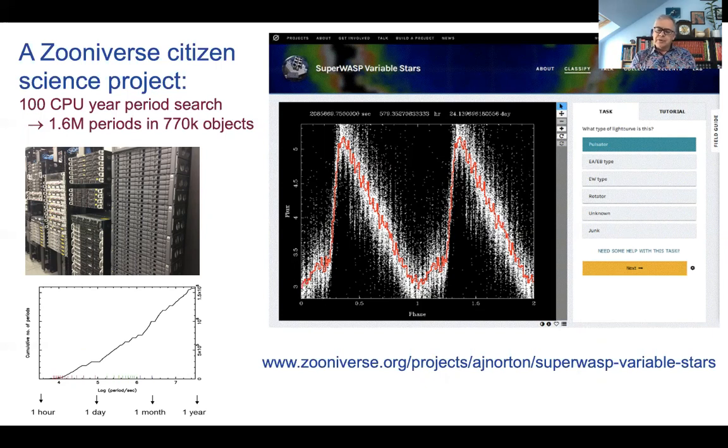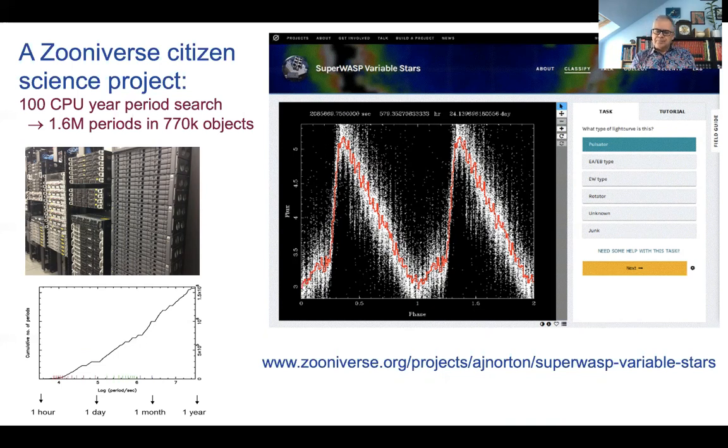And what we ask you to do in this project is help us classify these variable stars from their folded light curves. So here's an example shown here. This, as you probably guessed from what I've told you previously, is by all accounts a pulsating star. You see the steep rise in brightness and then the shallow fall, and this one has a period of about